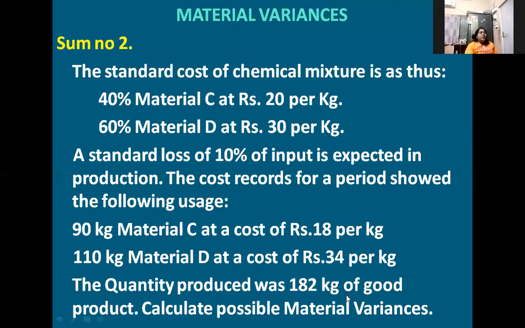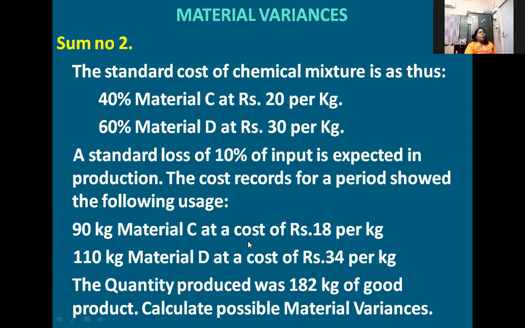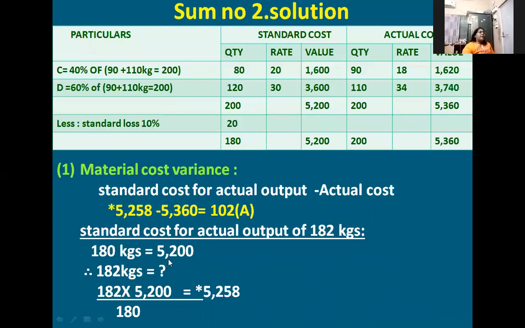The actual output is 182 kgs. Again, I am repeating: for 180 kgs, we are incurring 5,200. The standard quantity is 180 kgs. But the formula asks, what is the standard cost for actual output? Actual output is 182 kgs. So 180 kgs is equal to 5,200, 182 kgs is equal to question mark. When you do the cross multiplication, you will come to know the standard cost for actual output, 182 kgs, that is